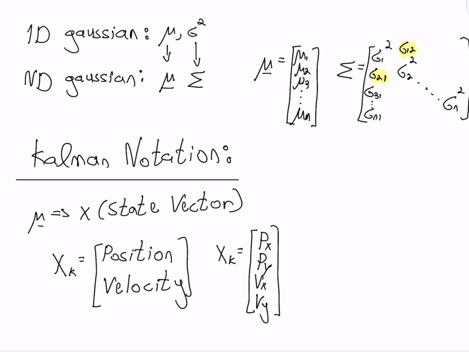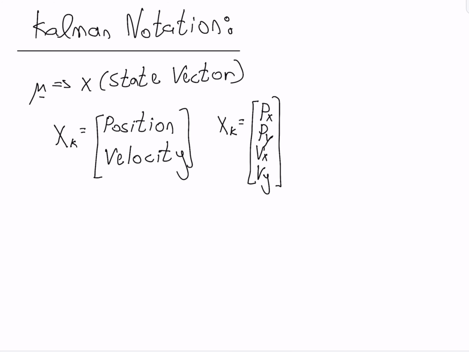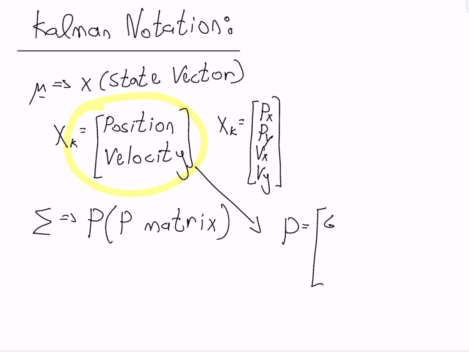What will happen with the sigma matrix? The sigma matrix will become the P matrix, which is exactly like the sigma matrix, but we will call it matrix P, or the uncertainty matrix. It will tell us just how much our estimation or approximation as expressed in the state vector is accurate or not. So let's recap. The state vector x describes the best guess for the position as well as the velocity, and the P matrix describes the uncertainty in the state vector.